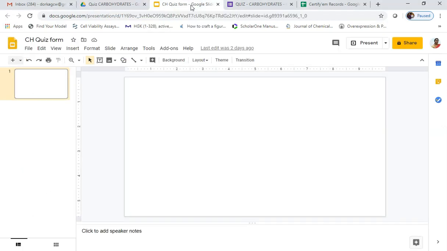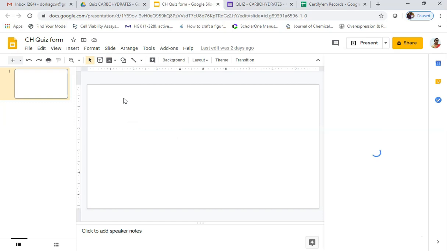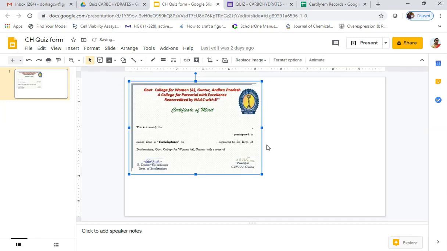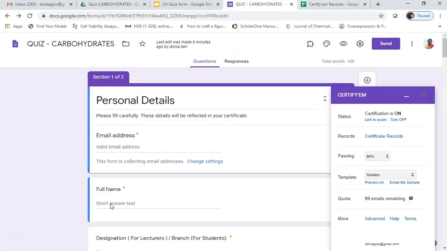Select this empty Google slide, then insert the certificate image by selecting the insert option and choosing the correct image. The image is inserted and resized so that it is within the Google slide. Now our certificate is also ready.